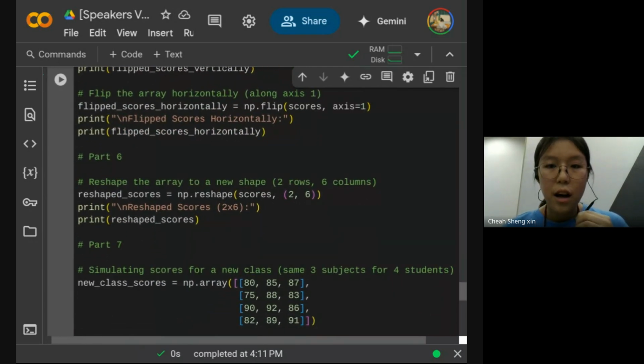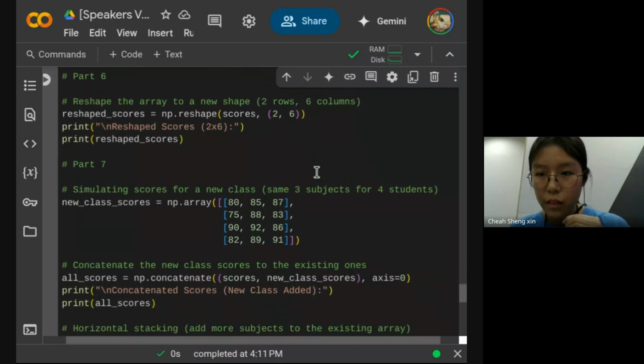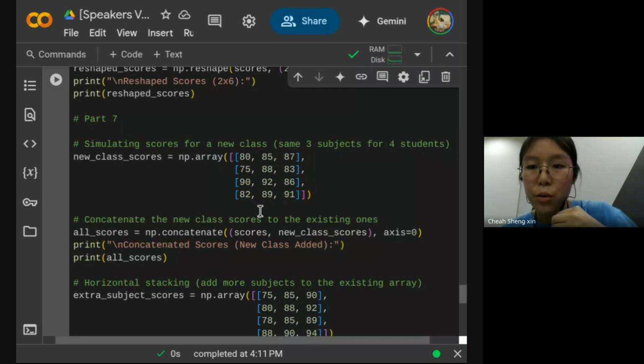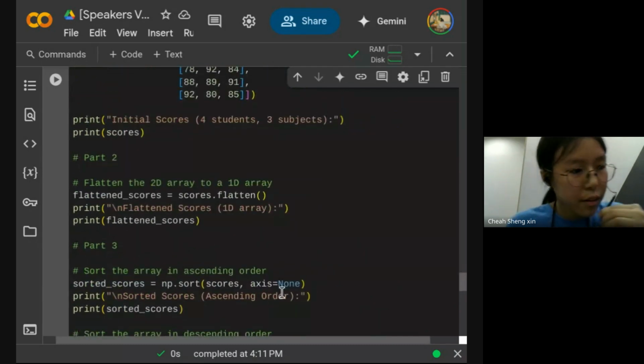As for part 6, how you reshape the array to a new shape, which in this case we want 2 rows and 6 columns. What we can do is use dot reshape and input our NumPy array and also the new shape that we want this array to form into, encapsulated by these brackets over here. Then for part 7, we want to concatenate the new class scores to our current existing scores. So this is a new set of class scores that I created. And then how you concatenate this one,